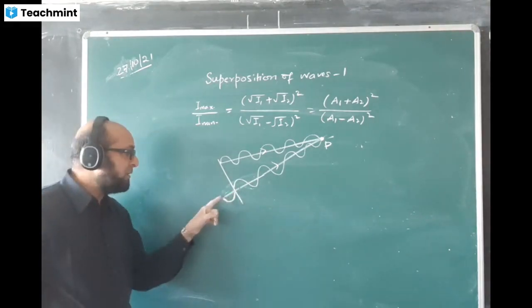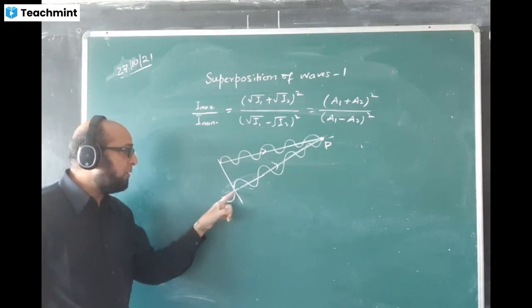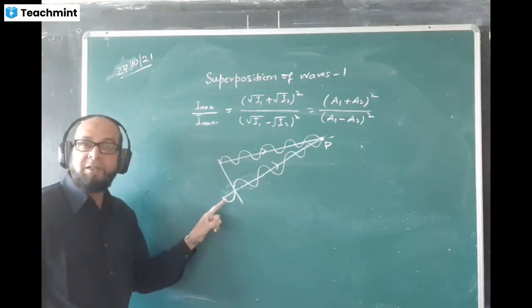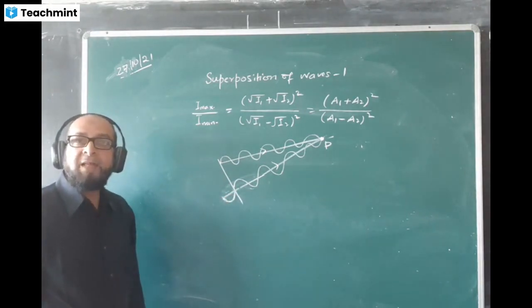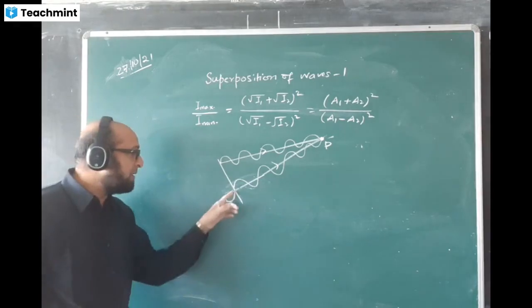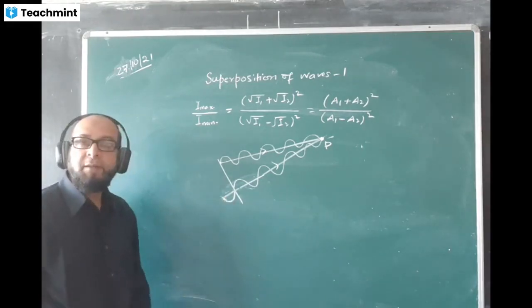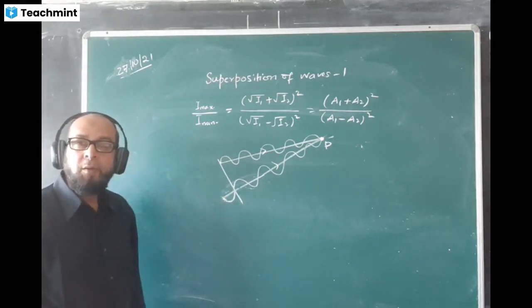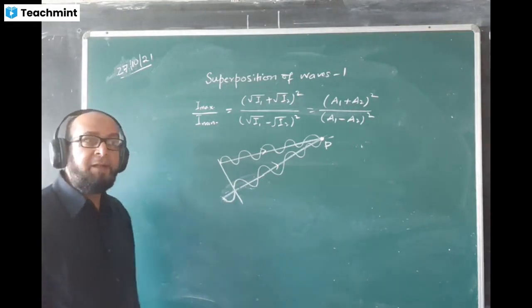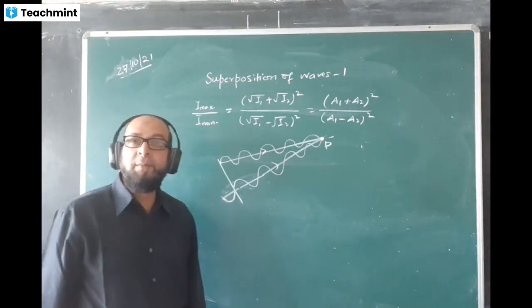How many waves is it? Tell me how many waves. How many circles is it making? Just check that also. What is the angle? This is a semicircle. Semicircle angle is how much degree? 180 degree, no? Yes, sir. Semicircle angle is how much? 180 degrees. So 180 degree will give you maximum or minima.